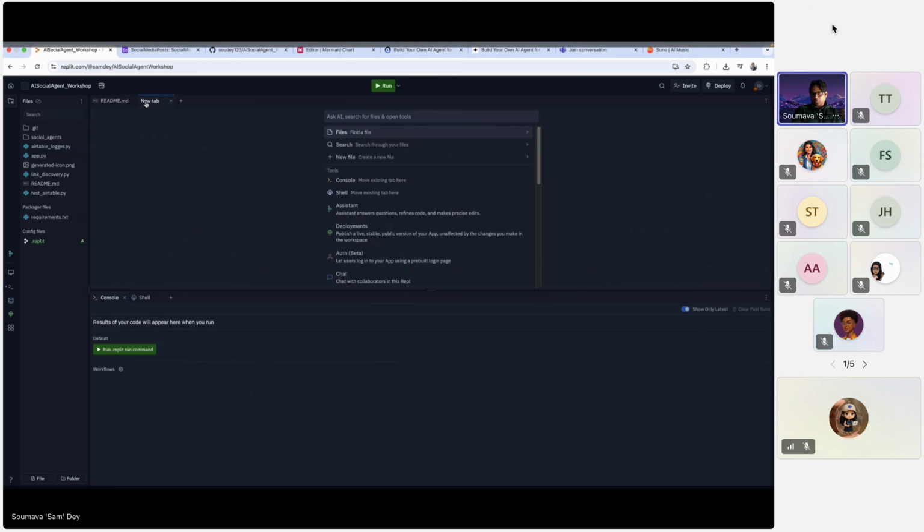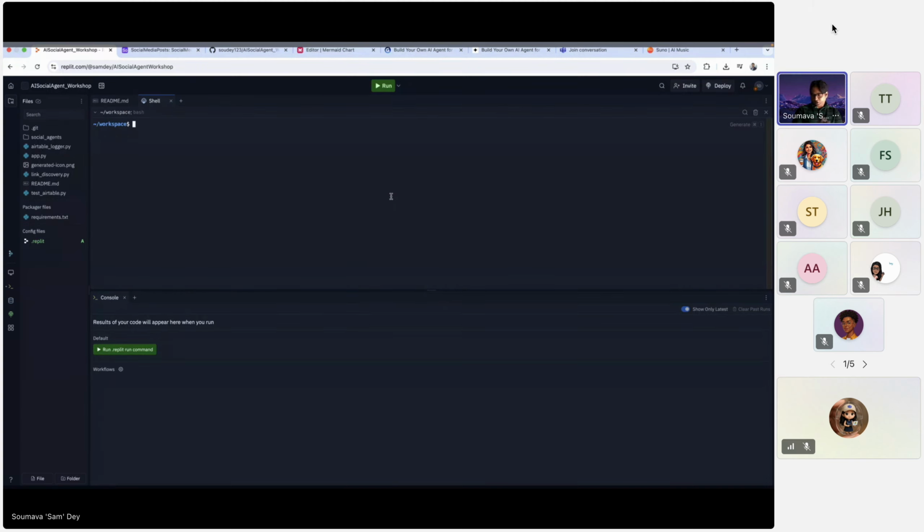There are multiple ways to get the shell on the Replit user interface, but I'm going to show you the simplest approach: just click on the new tab, open a new tab, and it'll open up the shell command prompt on the Replit environment, and you just paste it over here